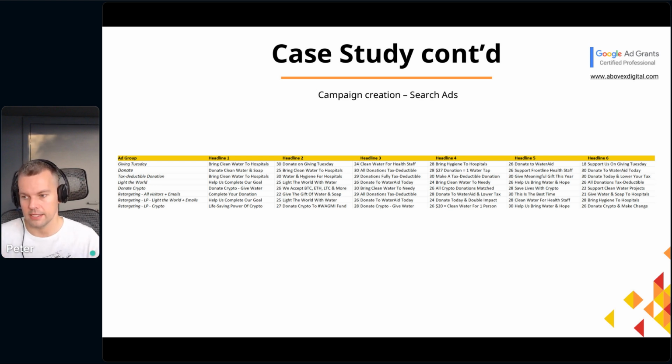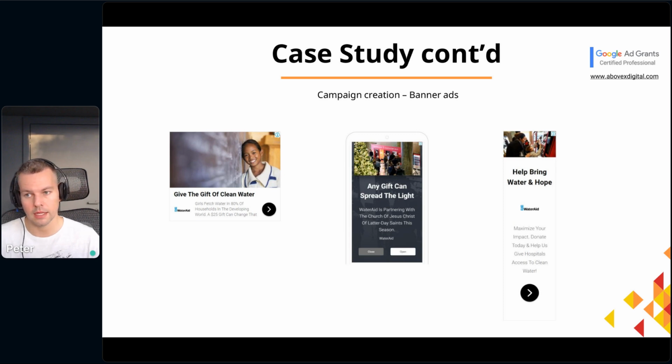And besides these text ads, we also created banner ads. These are just a few examples. You can see that we use so-called responsive display ads where we upload the picture, the logo, and then the text separately. And then Google mixes and matches those, and can serve these ads on different devices, different sizes, etc. This is a desktop ad. This is a mobile ad. And it's again desktop, a different format, right? And again, my recommendation is to try different creatives, different texts, and that way you can really maximize the likelihood that you'll find this winning combination.